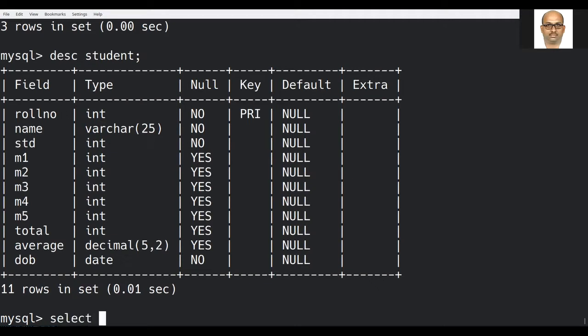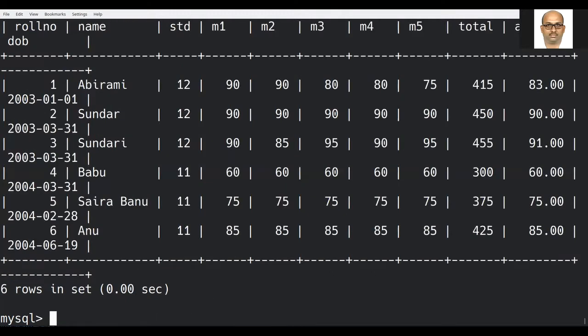Select, that is, you are trying to fetch. Star means all the fields. From where? From the particular table student. This is my first syntax. See here, all the 11 columns with the values. I have inserted 6 rows, and all the 6 rows are visible here. Namely, roll number, name, standard, 5 marks of the particular student, his total, average, and then his date of birth, which includes